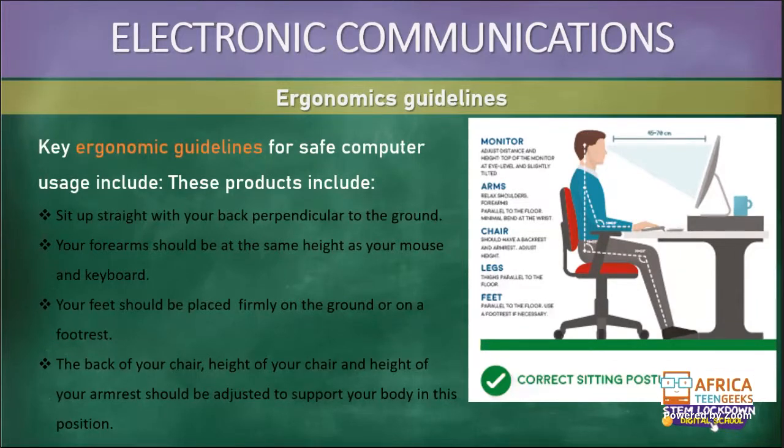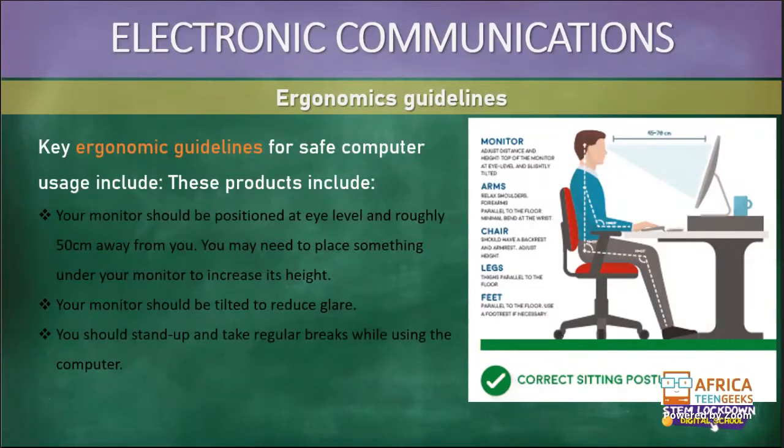Right? Then number four, the back of your chair. Now we are dealing with the chair now. Height of your chair and height of your armrest should be adjusted to support your body in this position. So you basically need a chair that you can adjust the height as well. And then you can also adjust the back side, the back part of the chair, so that you can maintain the correct posture. Right? If you have any questions, remember to put them. Right, then